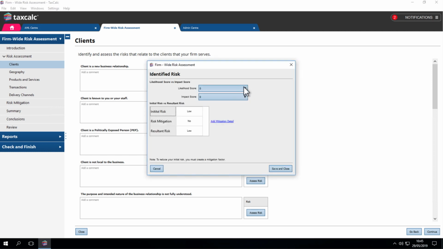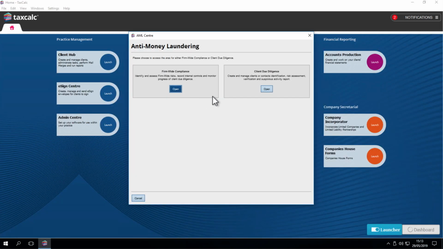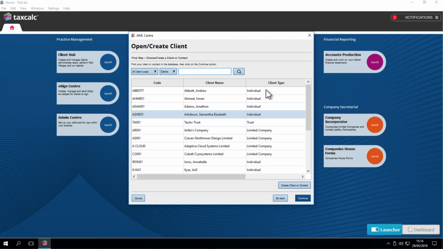AML Centre gives you the flexibility and control to identify risks to your firm, assess those risks, and set mitigation factors for controlling and managing each risk as it arises, which you can achieve via a firm-wide risk assessment, a swift, straightforward process. When it comes to client due diligence, AML Centre is the ideal means by which to comprehensively